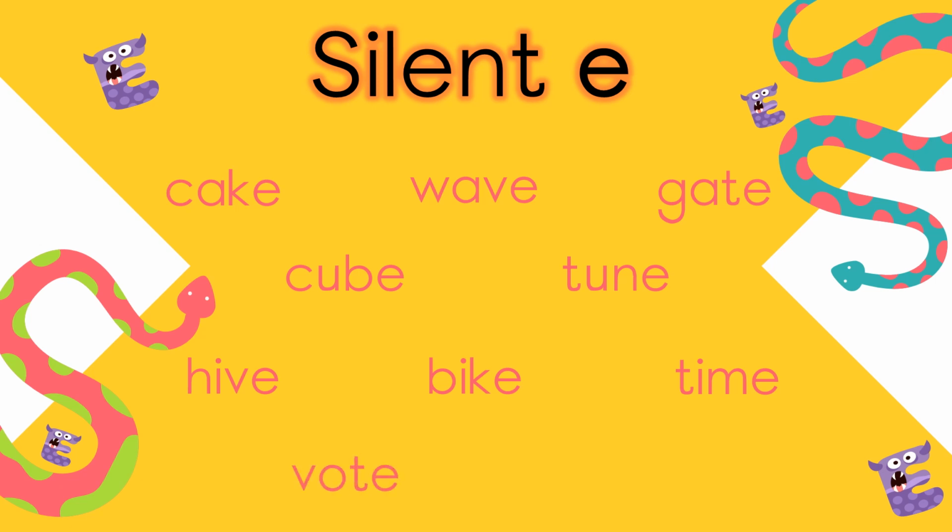Here we have the O sound. It changes to an O sound. V-O-T-E. Vote. B-O-N-E. Bone. Do you notice I do not pronounce the E sound? I don't say gate-ee or time-ee. It's a silent E. It only changes the vowel sound before it. So the A to the A, the U to the U, the I to the I, the O to the O. So we only change those and we don't say the E sound.